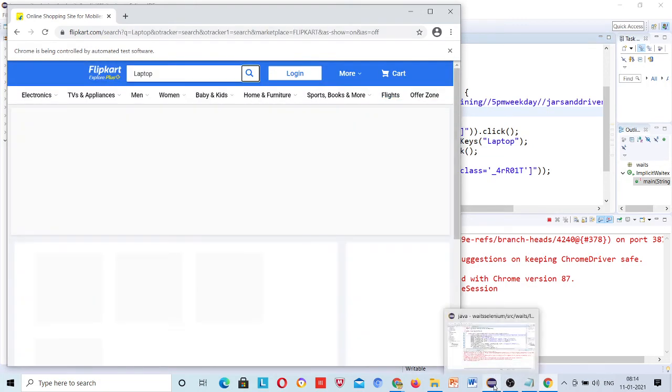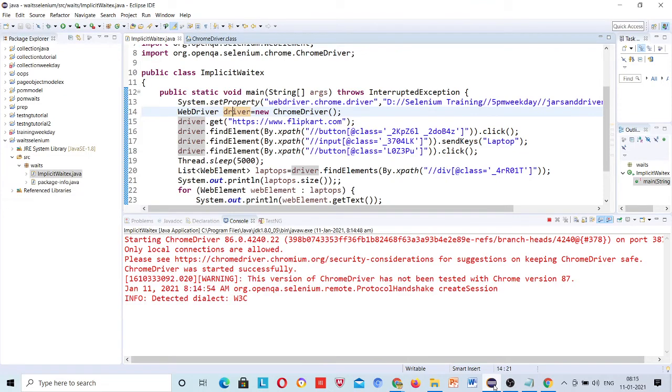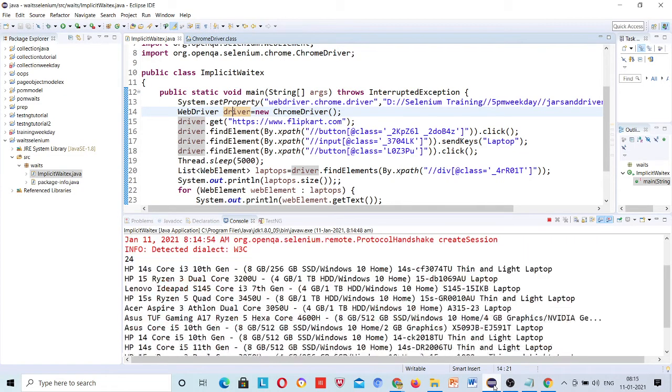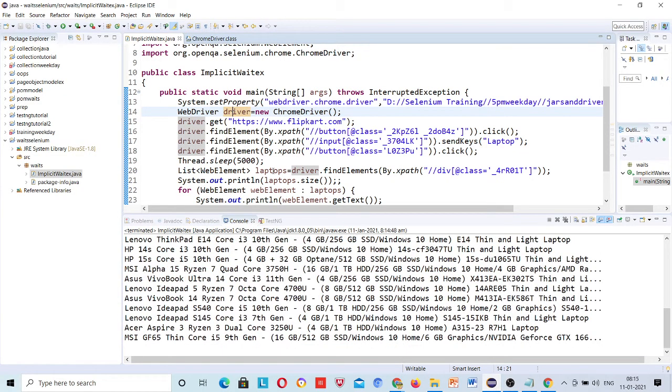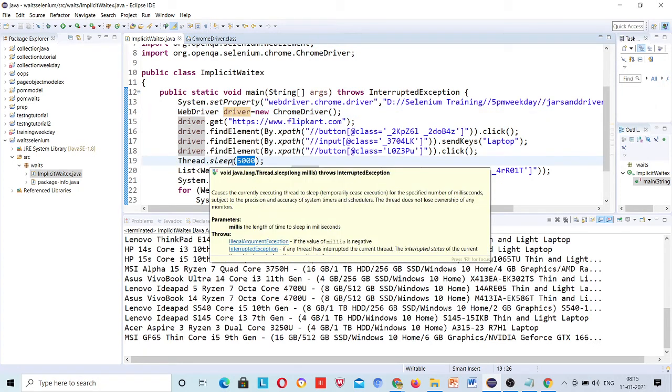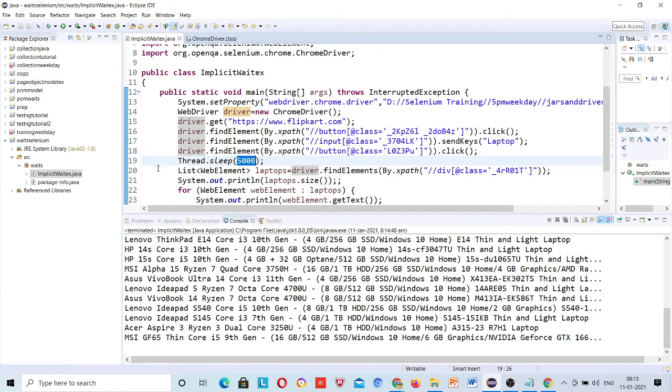Flipkart.com, laptops loaded but still not printed. 5 seconds because the script is slow. Now it's printed, right? So laptops were loaded but it still waited for the whole 5 seconds. You can check it with 20 seconds, it will be more clear. Then it will wait for 20 seconds, right? That's why we are not going to use this.